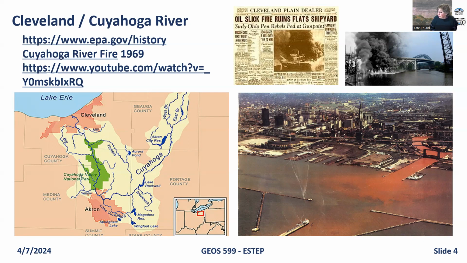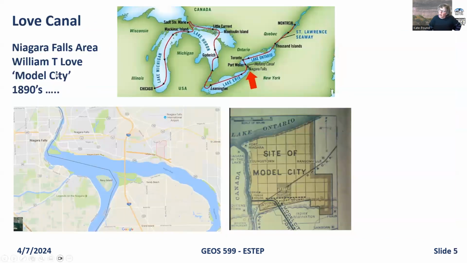The longer story is that the cleanup that was done as a consequence of all the mandates that were eventually put into place by the EPA mean that the Cuyahoga River and its entire watershed are now places where fish can live, and the water is largely uncontaminated. So the second story is Love Canal.